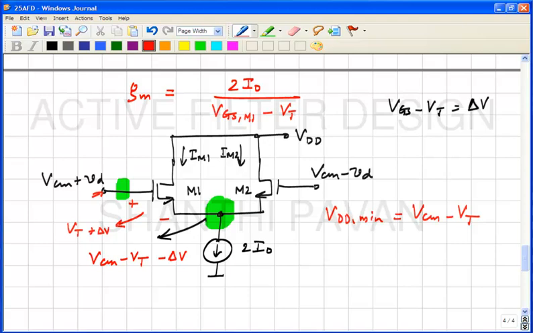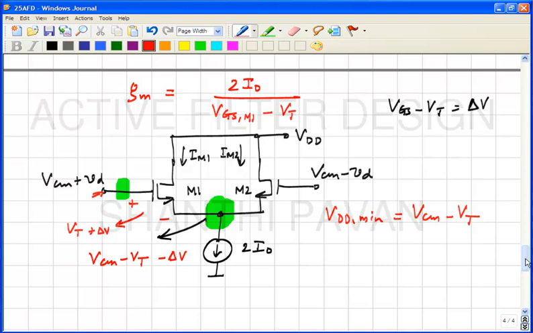Do transistors M1 and M2 have to be in saturation for the current to split equally? The question I am asking is, is it necessary for the two transistors to be in saturation for the tail current to split equally, or is it good enough if they are in triode? By symmetry, it doesn't matter whether the transistors M1 and M2 are in triode or in saturation, the current will always split equally. Okay, all right. And we know how to calculate the GM of the transistors. Does it make sense?